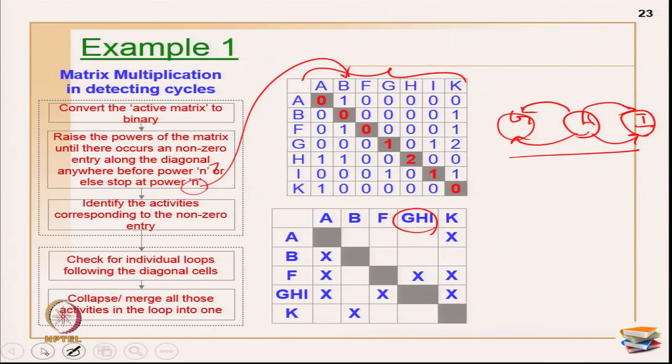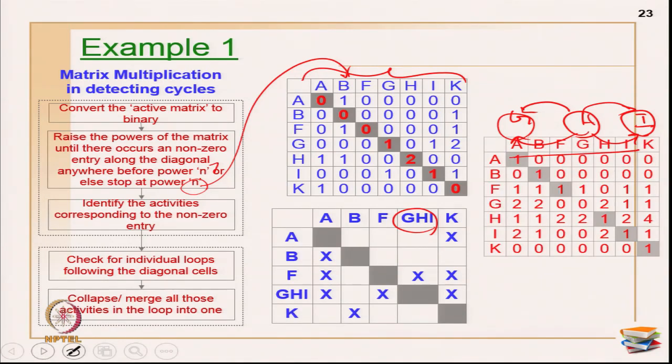Okay. Now, let me also tell you what is the problem if I have not stopped at this step. You may have a question, why should I go through this merging and this process again and again? Why can't I go till power n directly, and then identify all the bigger cycles or loops? You won't be able to identify. For example, this is raised to power 2. The same example I am raising it to power 3, I am getting A, B, F as like this and then H, I, K as something.